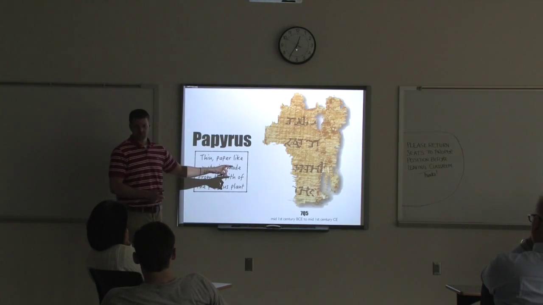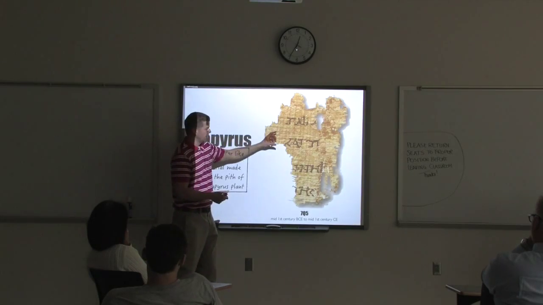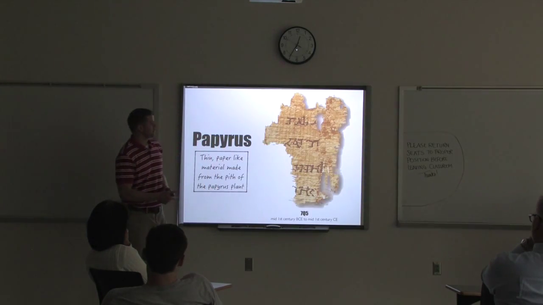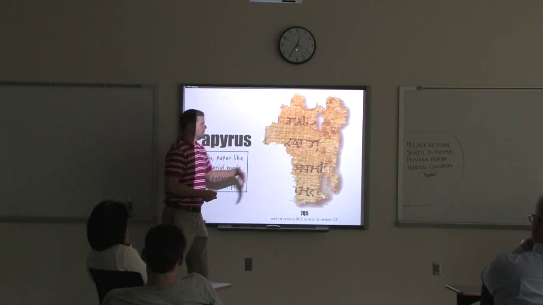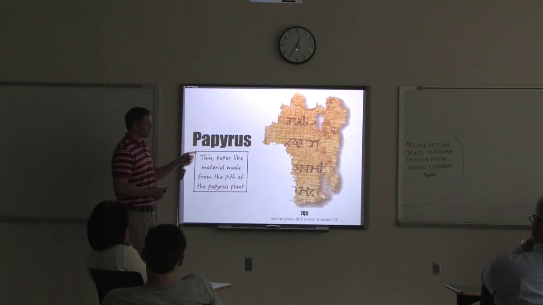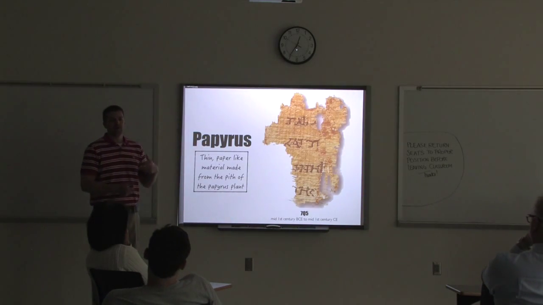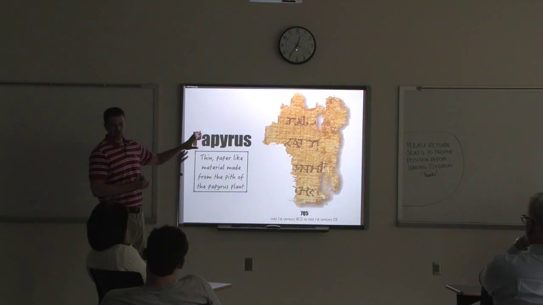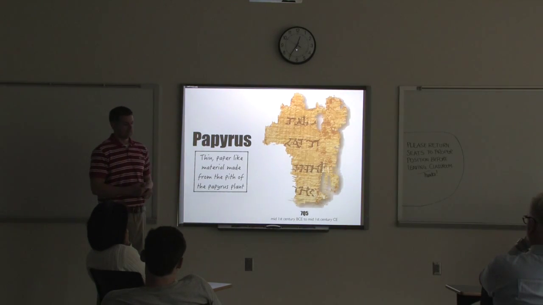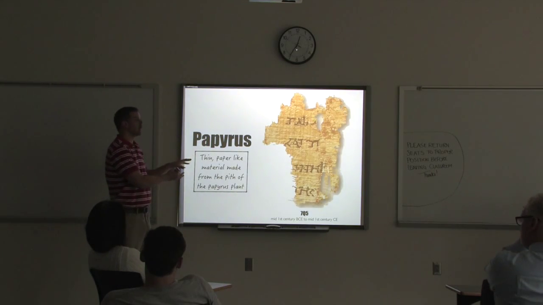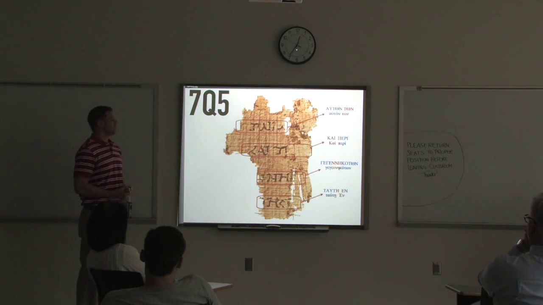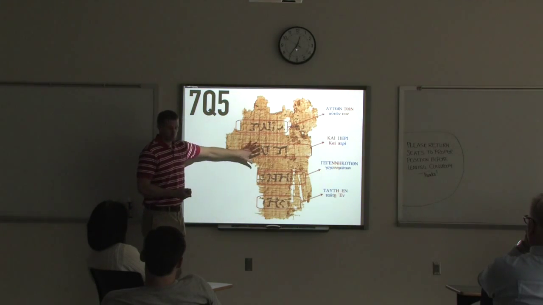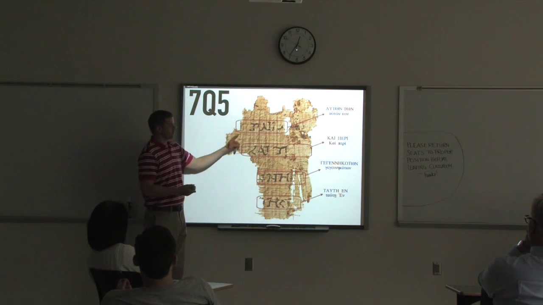This particular text is interesting. You can see it's a very small text. There's not much writing on it. But this is one of the few texts that's in Greek. And the only word that we can make out for sure is this particular word here. And this is kai, which is the most common word in the Greek language. But it's interesting because some scholars have postulated that this is an early copy of Mark's Gospel, and that actually Christian texts are hidden away in the caves. Now that's been debated and probably disproven by a number of scholars because you can only make out this one word. It's kind of hard to build a theory on this one word, especially because they've had to add words in other places.